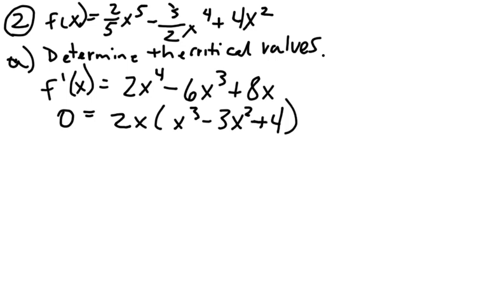Okay, now, how about this cubic trinomial in the parentheses here? Is that factorable? Well, you're going to have to pull out your good old Algebra 2 skills, and you probably went over this again in pre-cal last year. It is indeed factorable, and